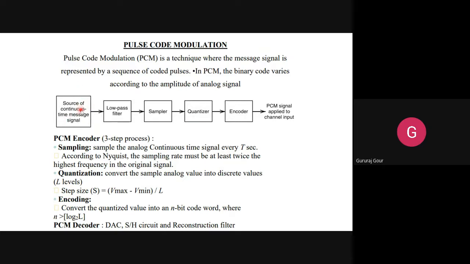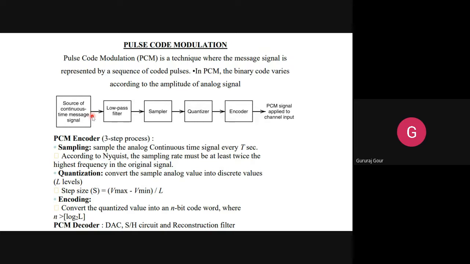First we have to understand what we mean by pulse code modulation. PCM means that our message signal is represented in terms of a discrete signal or sequence of coded pulses that is modulated by the carrier signal. So that is how we are going to get the PCM. In summary, PCM simply consists of a sequence of coded pulses, so that we can say it as a message signal.